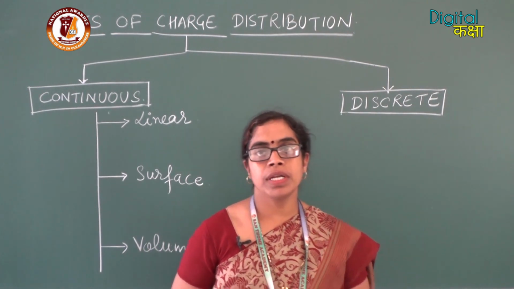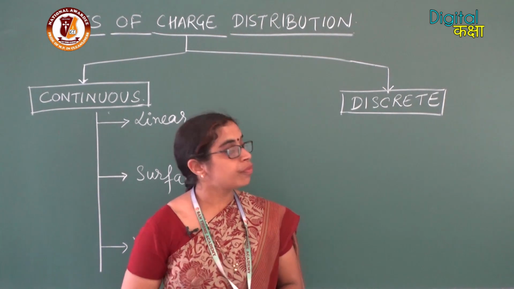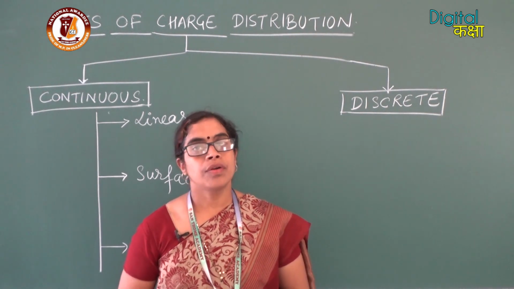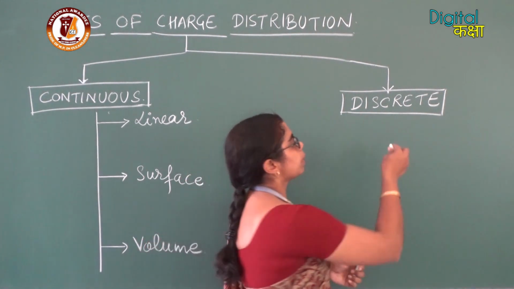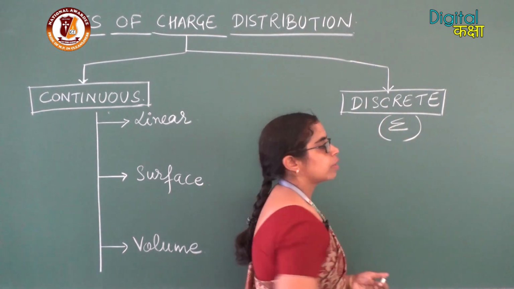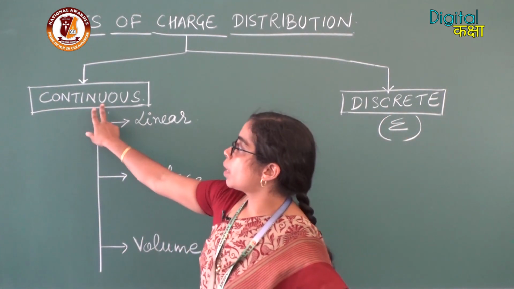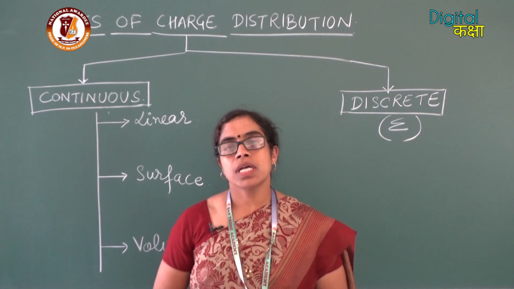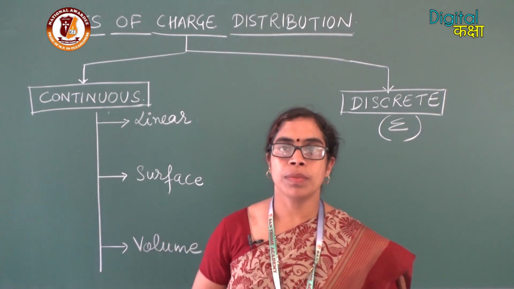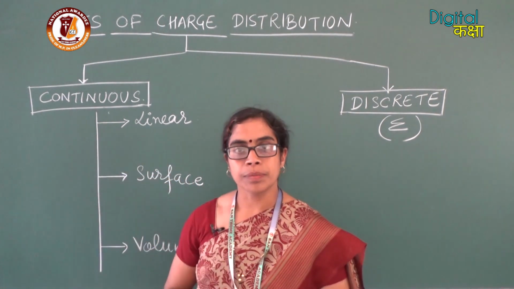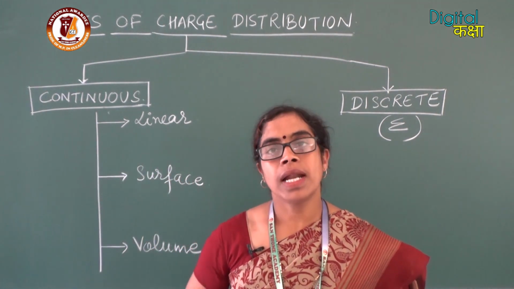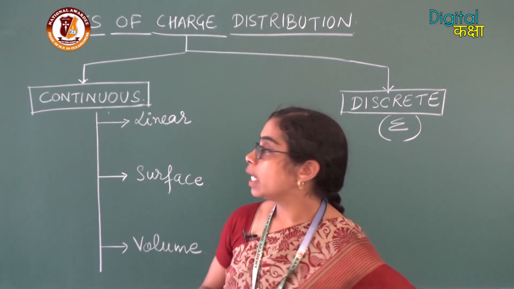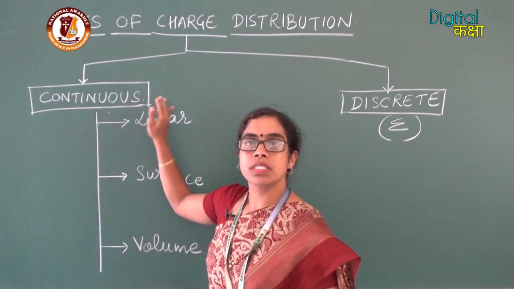Whenever we have to find out any physical quantity with the discrete distribution of charges, mathematically we use the concept of summation. Now, when we are talking about the continuous charge distribution on any object, the charges are distributed uniformly and very close to each other, just one after another, and that is why that particular arrangement of charges is called the continuous charge distribution.